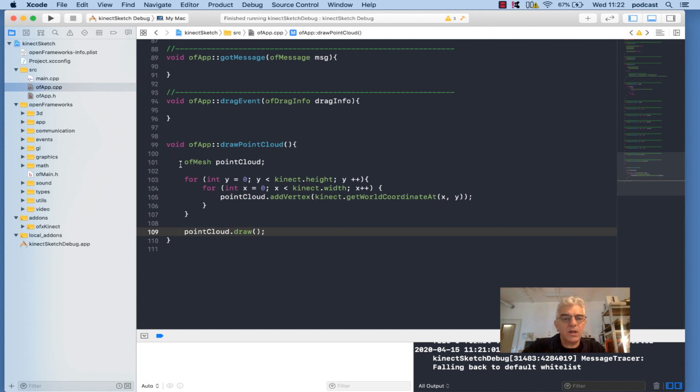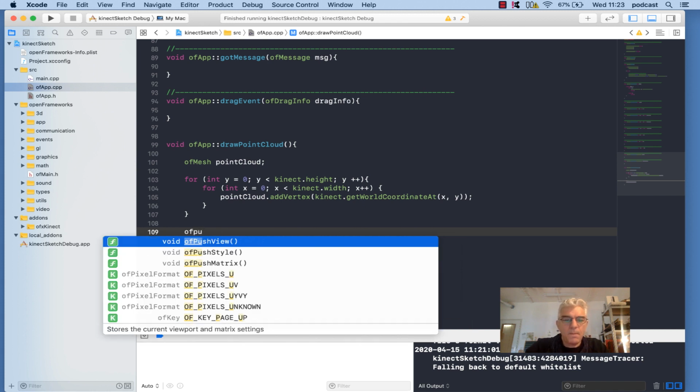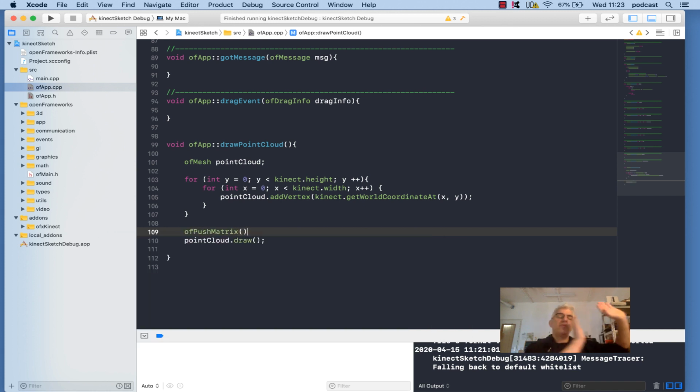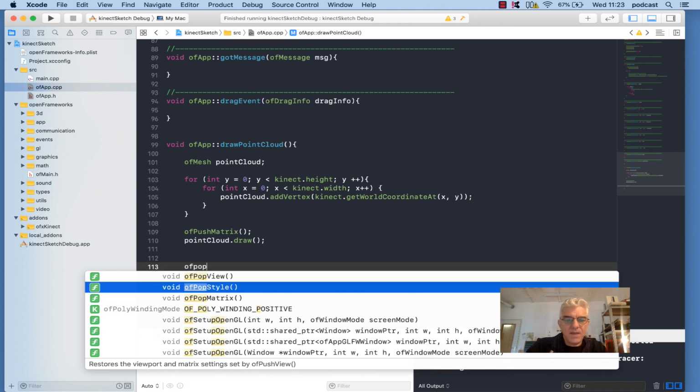So we start drawing the point cloud. The first thing we do, we make a mesh. We loop through building this mesh from all the points. We draw the point cloud, but what I want to do first of all is move things around in 3D a little bit, so I'm going to use OF push matrix to say freeze whatever else you're doing in the 3D space. I'm going to do some stuff and move things around, and then I want to return it back to normal. So we push matrix at the beginning, we're going to do all our drawing stuff, and then OF pop matrix at the end,